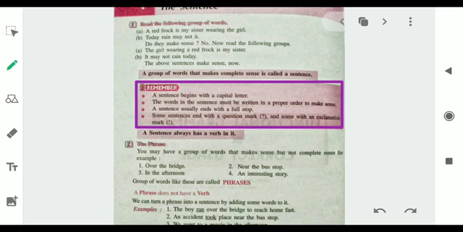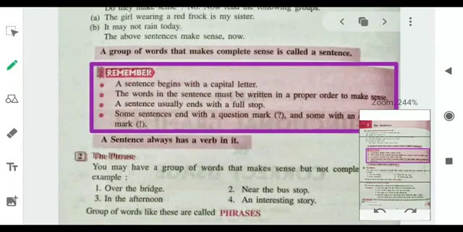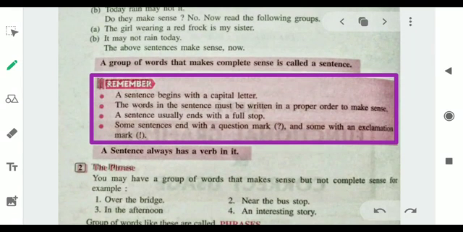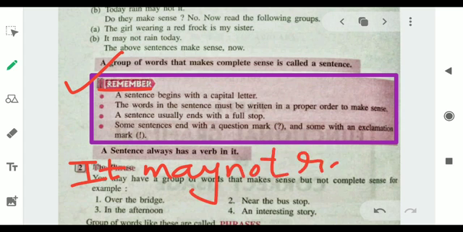This is the very first page of the chapter, the sentence. This is page number 2. I repeat, this is page number 2 of your textbooks. So let's read the pink box on page number 2, that is remember. The first point of this box says the sentence begins with a capital letter. For this, let us consider one example, that is, it may not rain